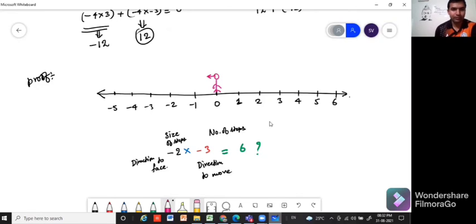Okay. The sign of the first number will tell us in which direction to look while standing on 0. So this minus means we have to look on the left hand side. Right? Then if this is positive, we have to move in the same direction, but here it is negative. So I have to move in this direction. How many steps? 3 steps of magnitude 2. So 1, 2, 3. And therefore, we reach the place 6. And that is why negative 2 multiplied by negative 3 is equal to 6.